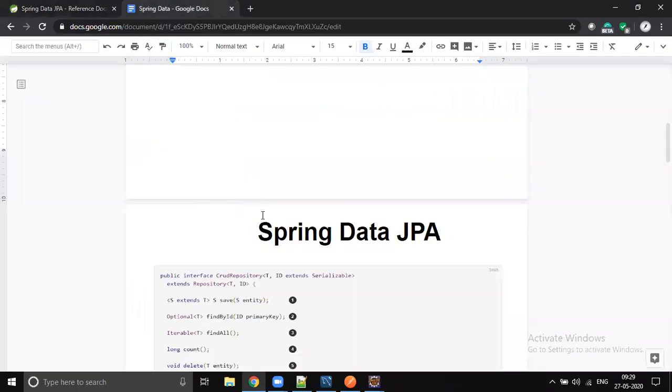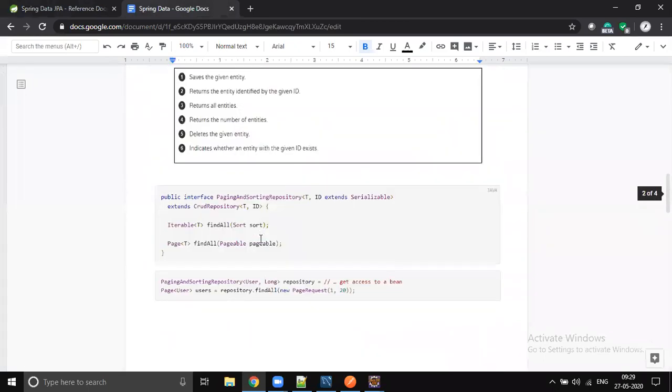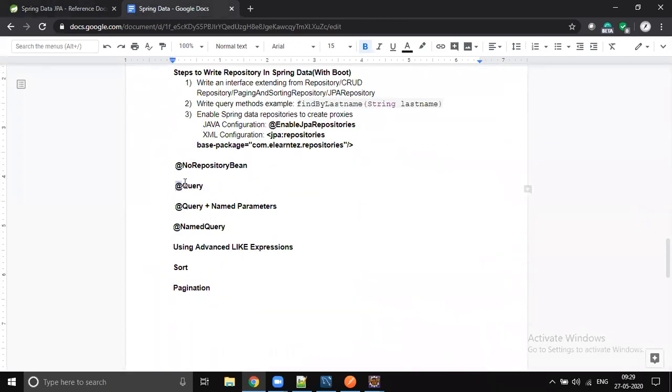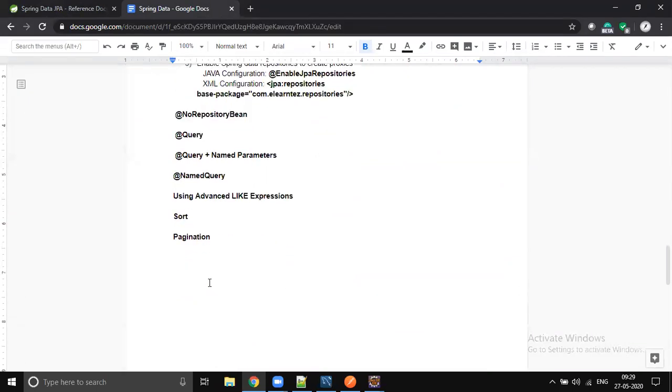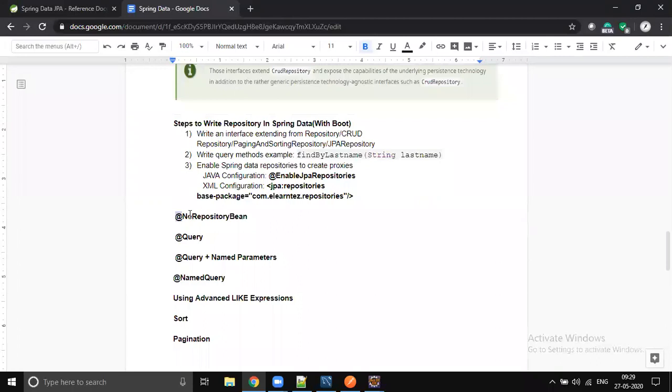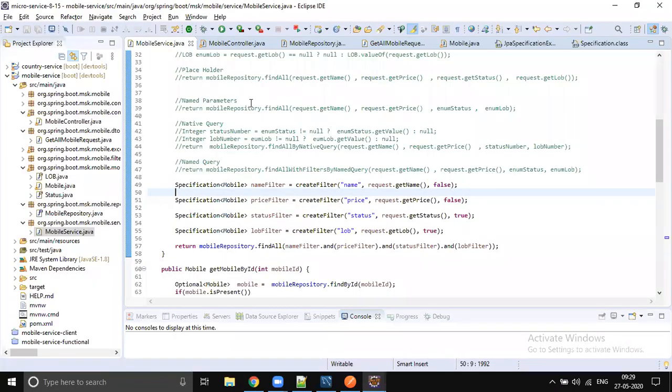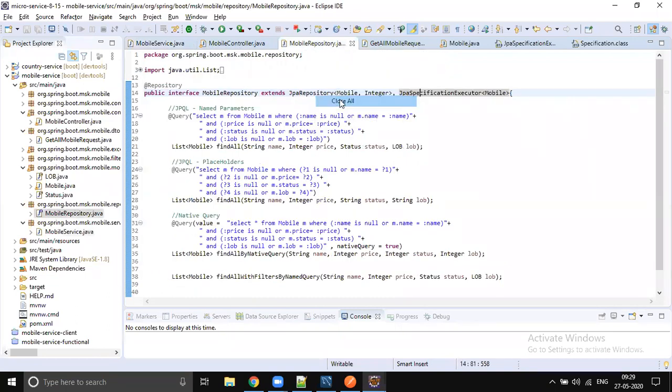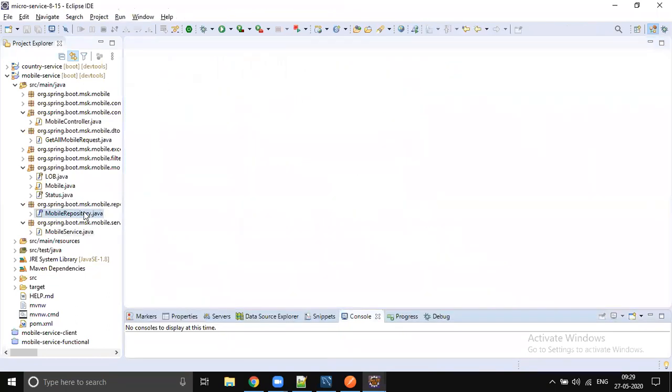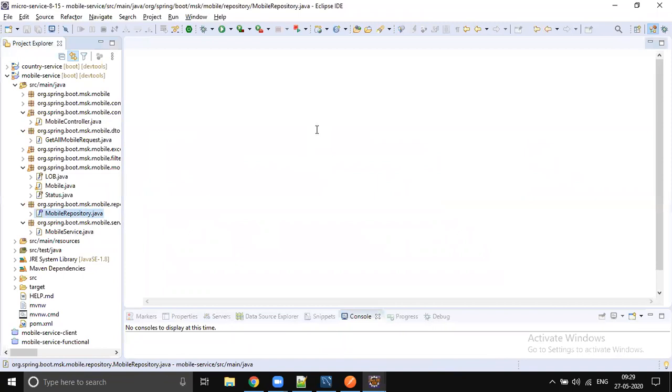Okay, so let's quickly complete the remaining small topics. We completed query, named parameters, named query, and advanced operators like; sorting and paging we will do. But before that, I would like to explain what this @NoRepositoryBean is. Let me quickly open the predefined repository interfaces, for example JPA repository, CRUD repository, and JPA specification executor.